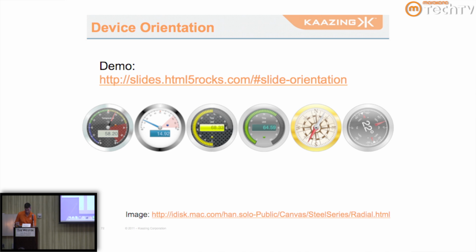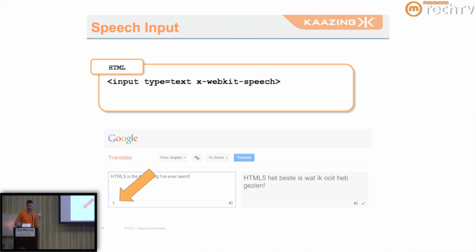And let's see. This is a really cool one. The input, this is where you can see one of those HTML browser-specific prefixes, right? The experimental WebKit speech you can add to pages, like to input elements or text boxes. So if you go to the Google Translate, for example, here, you can use this here. So